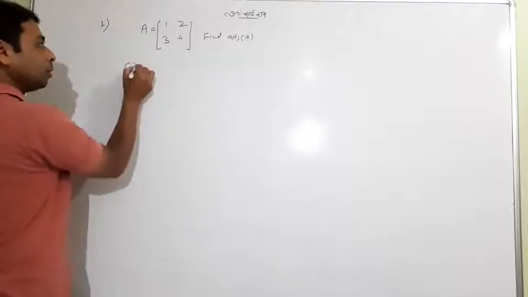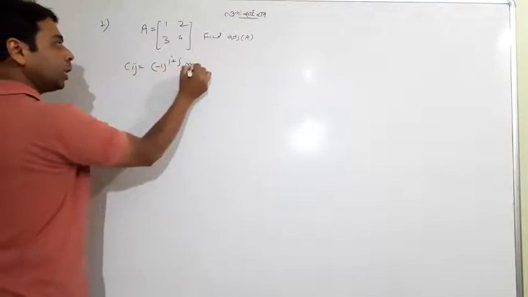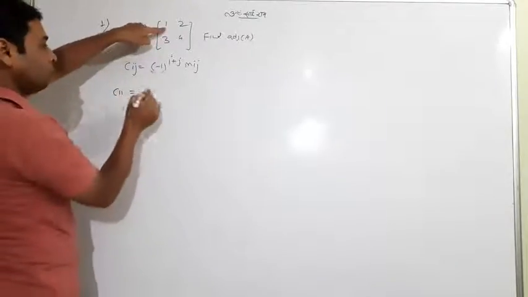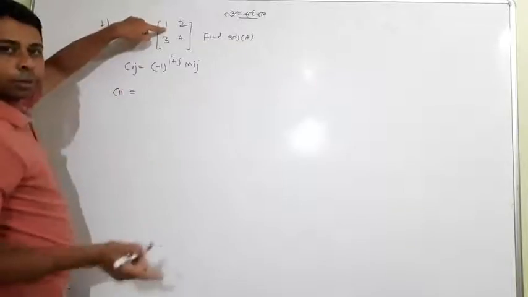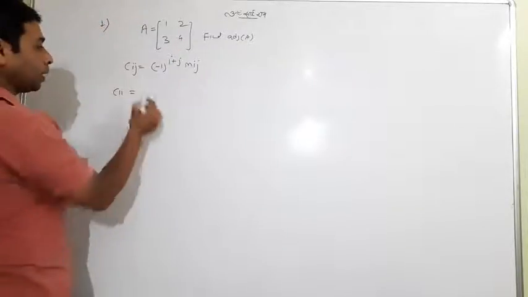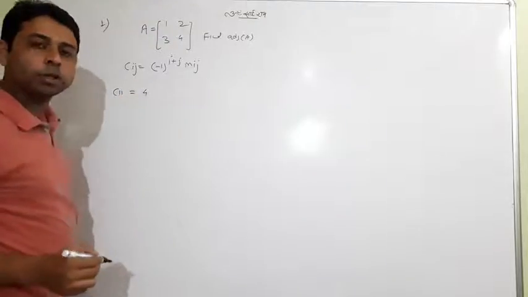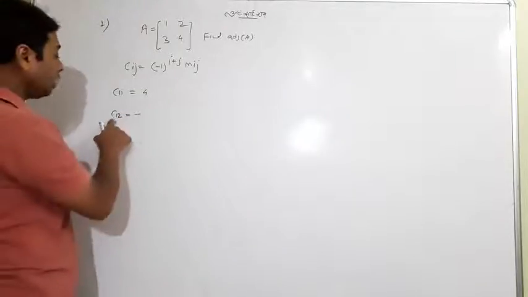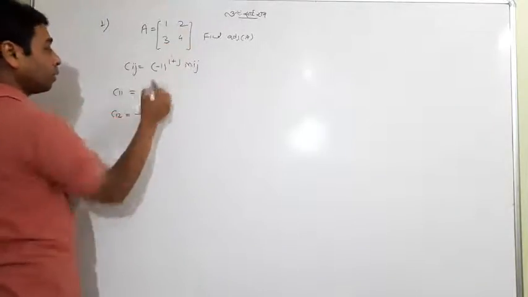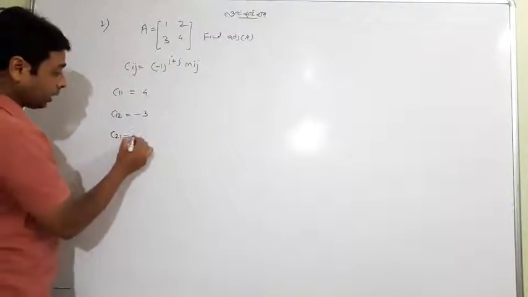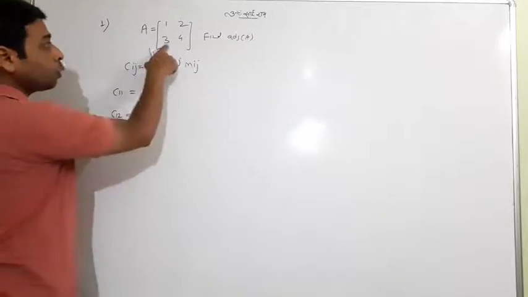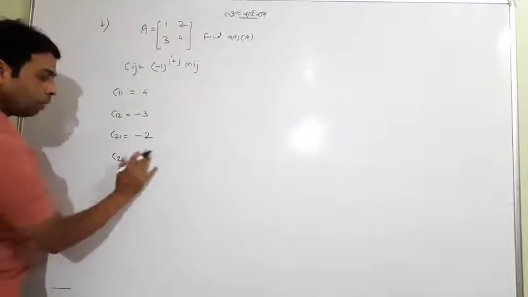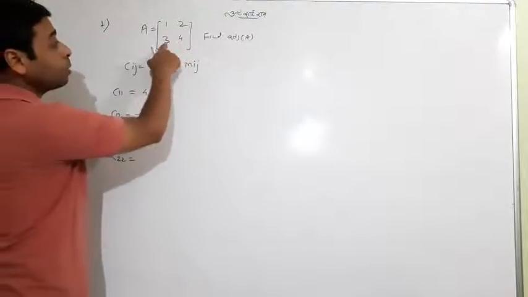Look at Cij, -1 to the power i plus j. Initially, we have to write it. Okay, what is C11? Cofactor of 1. What I will write, you know it. 1 1 positive sign. And these two dropped, only 4 will remain. So you need not write 4 in a determinant because a single element is there. Again, C12 is 1 2, negative sign. C12 meaning cofactor of 2, meaning these two dropped, only 3 will remain. C21 is negative sign because 2 and 1 is 3. So C21 is the cofactor of this element, so these two dropped, only 2 remaining. And C22 will be positive sign, 2 2, meaning cofactor of this element, so these two dropped, only 1 will be there.